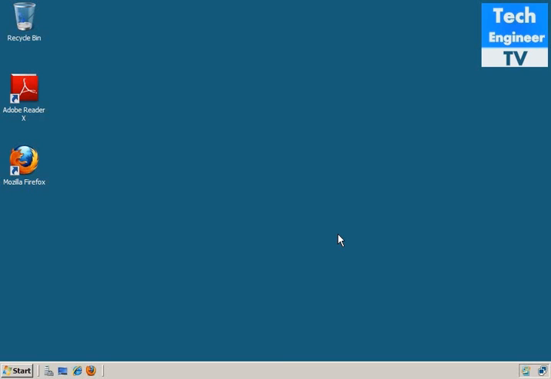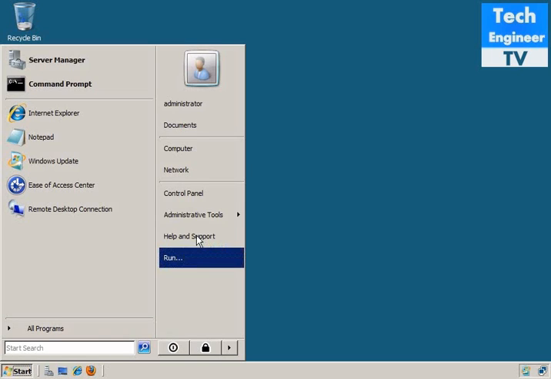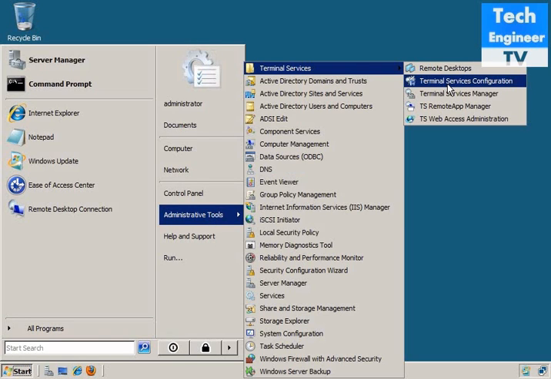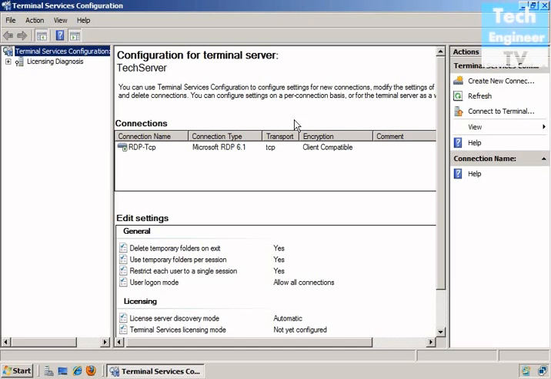Hello there, in this tutorial I'm going to show you about terminal services configuration. So let me show you terminal services configuration. We start and we should choose terminal services, and here terminal services configuration. So here you can see the connections which are currently running as RDP, remote desktop protocol, and